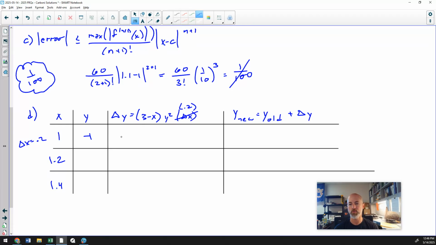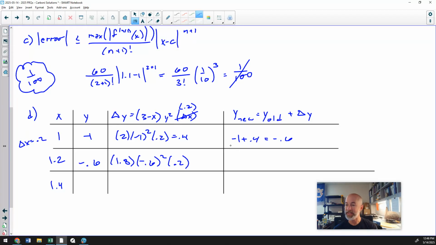So 3 minus 1 is 2 times -1 squared times 0.2. That's 2 times 0.2 is 0.4. So my new y coordinate is -1 plus 0.4. That's -0.6. And my next delta y is going to be 3 minus 1.2. That's 1.8 times y, which is -0.6 squared, times 0.2. That's kind of ugly, and I'm going to leave it like that. So my new y is